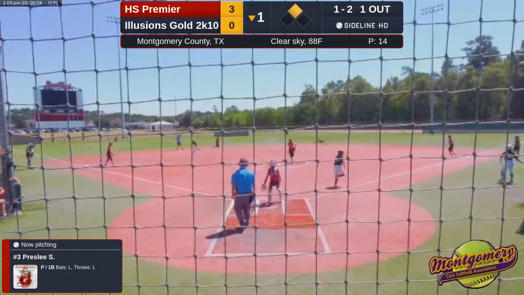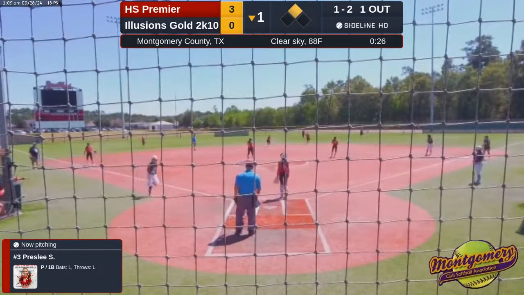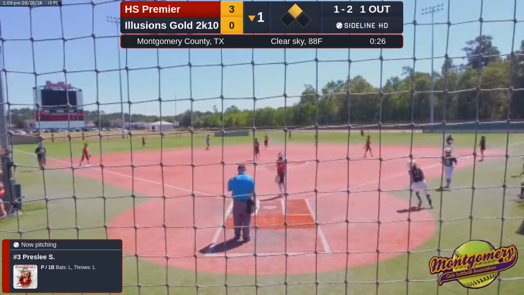Pitch is hit back up the middle. Jill makes a dive for it, but it's into center, and that's a base hit. The runner from second's going to score. We get a 3-1 ball game.